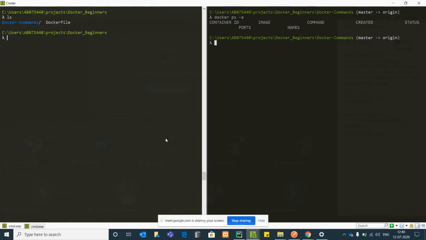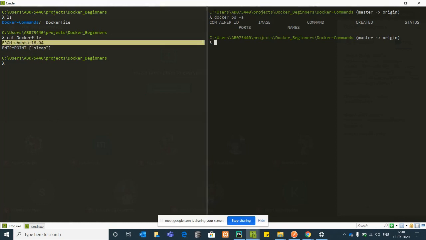Now you can see this Dockerfile is present on my system, and I'm going to generate an image out of it. I am using the Ubuntu 18.04 base image, and the entry point I'll tell you what it is.